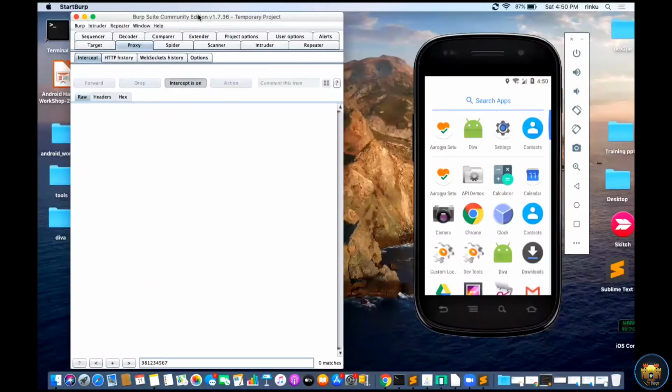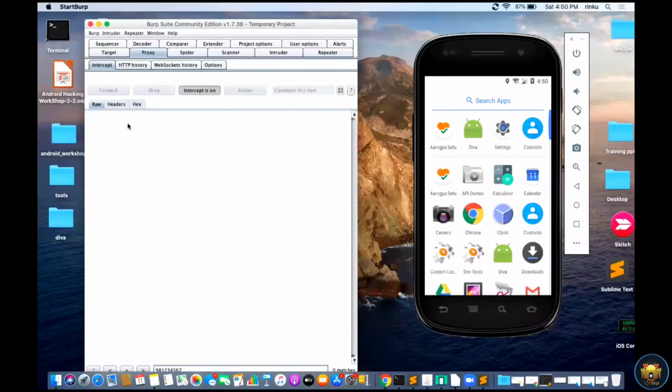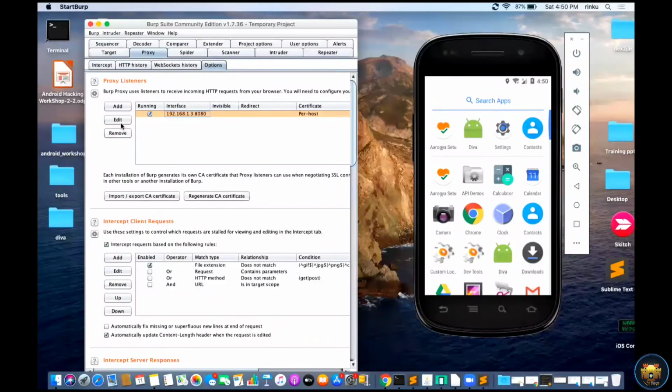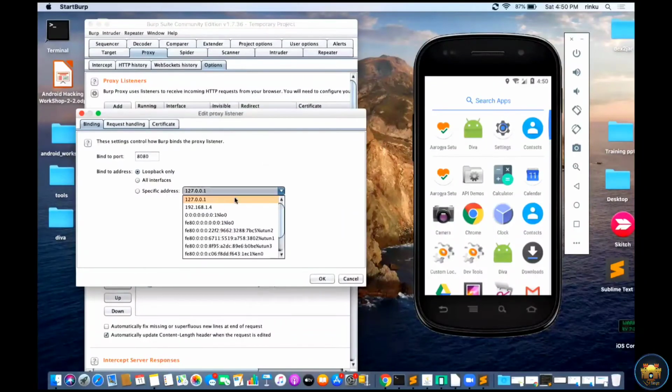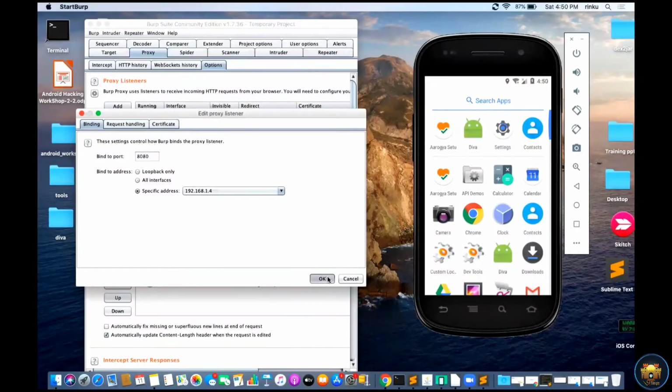First I need to check the connection between Burp and the emulator.